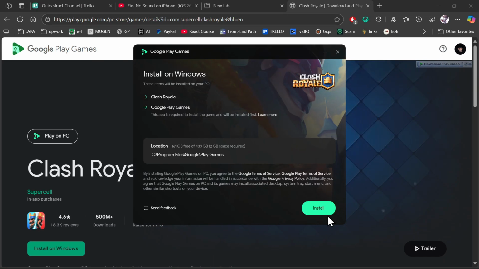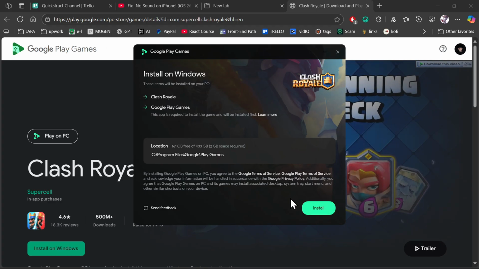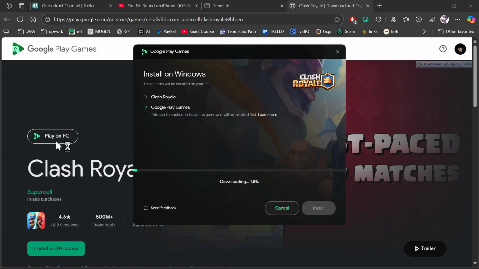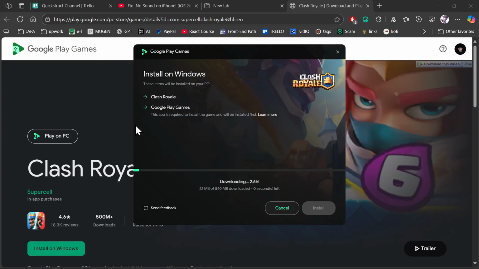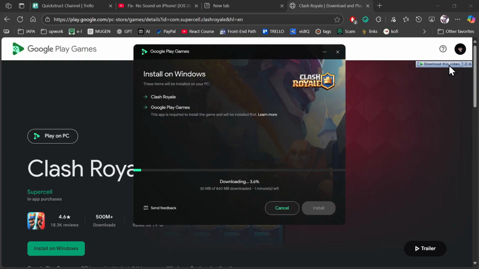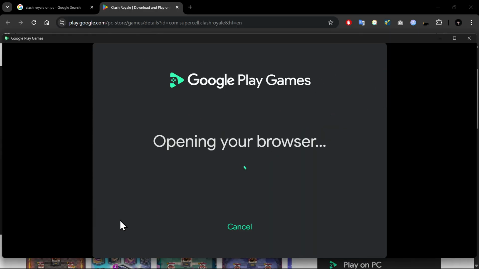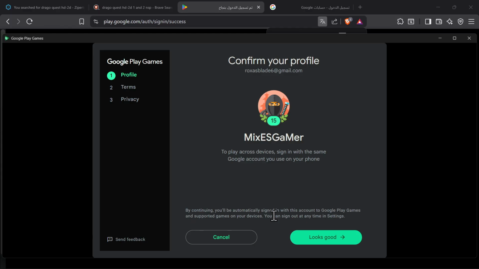And you'll see from here it will install Clash Royale. You need to click on install, hit on yes, and now it will start downloading the whole game files. So now after the installation is done, you need to sign into your account. As you see from here, after you sign in, you can just click on looks good,